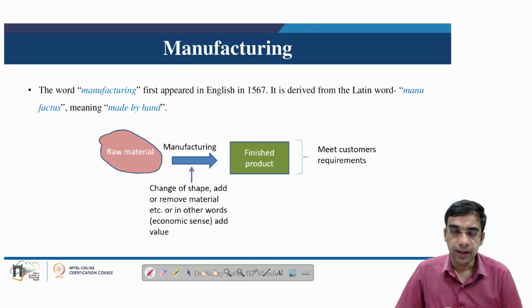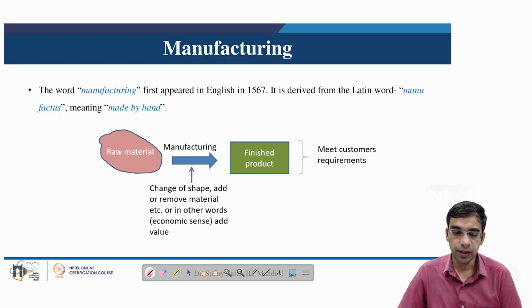So what is manufacturing? As this course is dealing with manufacturing of turbines, where we are going to see in more detail how the specific turbines like gas turbine, steam turbine, hydro turbine or wind turbine are made, it is very important to look at what is manufacturing. So manufacturing is basically a concept of making products.